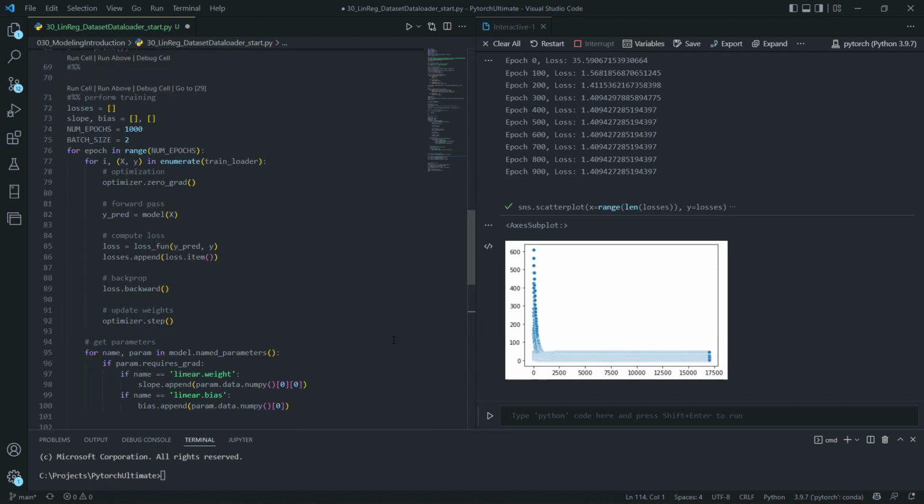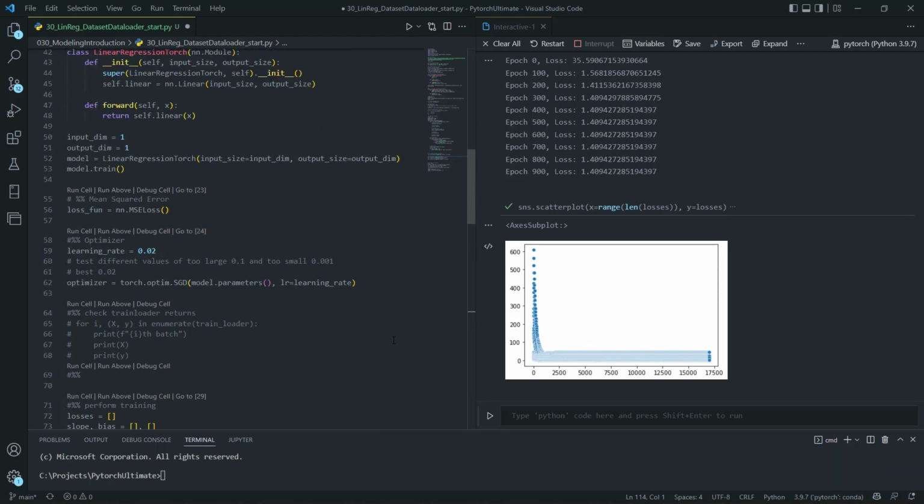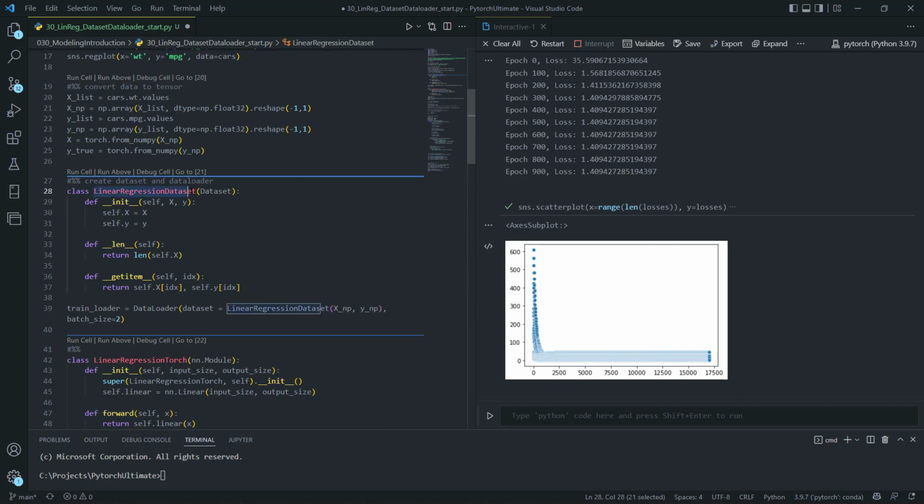So the main takeaway of this coding lecture is basically that you have learned how to set up the dataset class with your custom data. You have seen that you need to implement these three different functions. The init function, in which you pass in the data that you want to process. Then the length function, which is returning the length of the object. And then the getItem function, which is returning, based on an index which is provided, the independent and the dependent